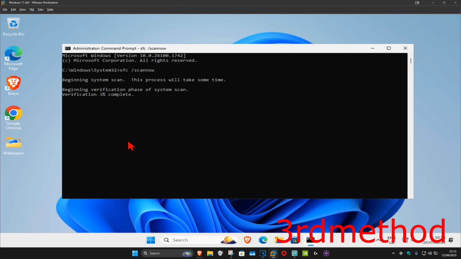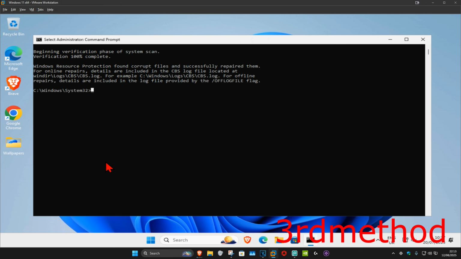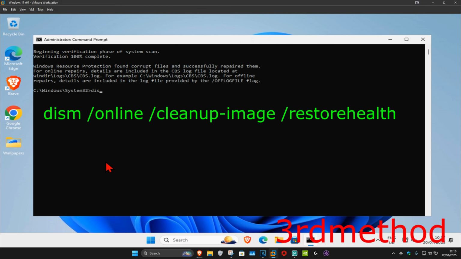Wait for this to load. I'm going to skip the video to when the scan will be fully completed. And now once that's been done, we're going to type in DISM